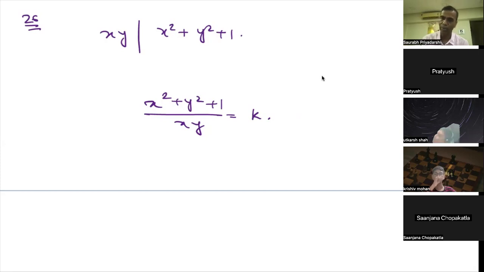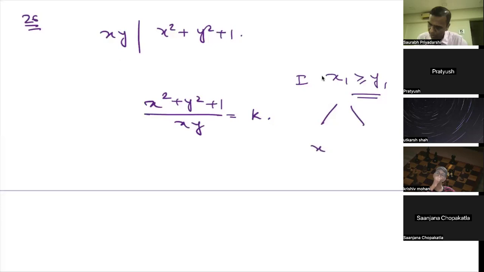तो what case I am taking कि x1 और y1 जो गिवन है, उसमें या तो x1 बड़ा होगा या y1 बड़ा होगा। तो एक केस मैं ले लेता हूं कि x1 greater than equal to y1, first of the case, right? दोनों केस हमारे लिए पॉसिबल हैं। इस केस में अगर मैंने x1 इक्वल टू y1 लिया, तो आएगा (x1² + x1² + 1)/x1², this is 2 + 1/x1²,